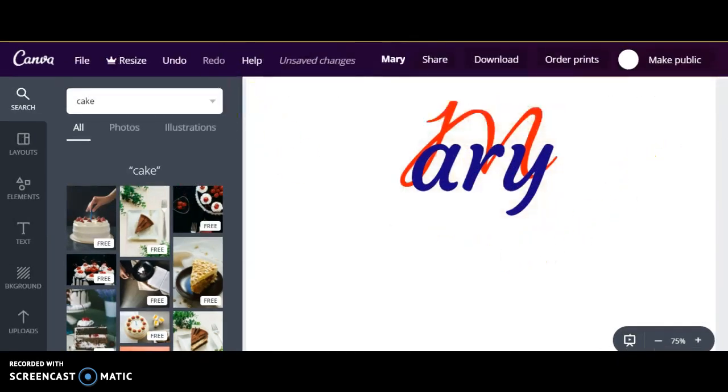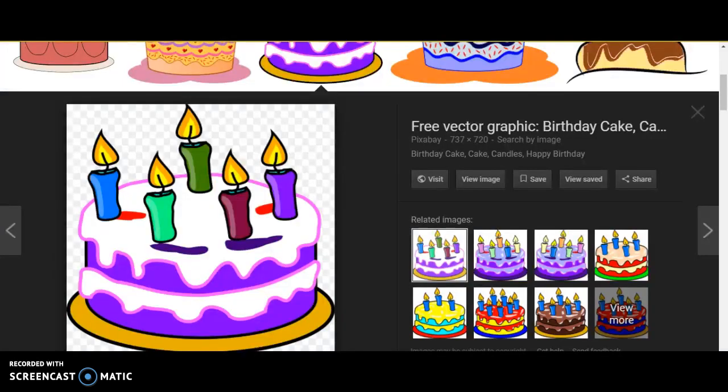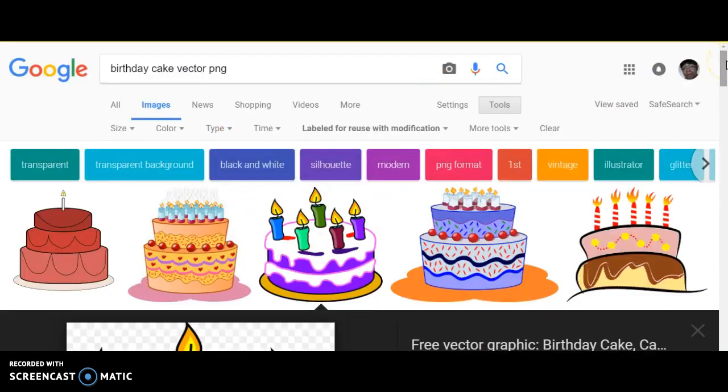And let's go to Google. And to save time, I've already put in a search for cake. And a few things to note here. You know that you can't just come to Google and take any picture you want and use it. The other thing is there are photographs and then there are illustrations. An illustration is called a vector image, so you want to put that name in your search. You also want a transparent background, so you want a PNG file. So you want to put that name, and that brings up everything here should have a transparent background because I've